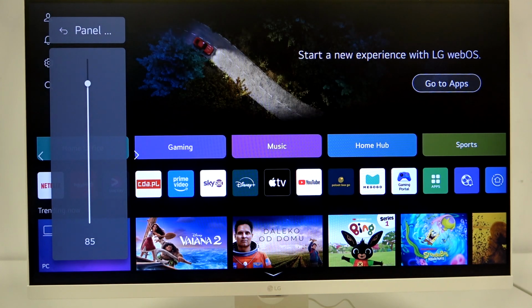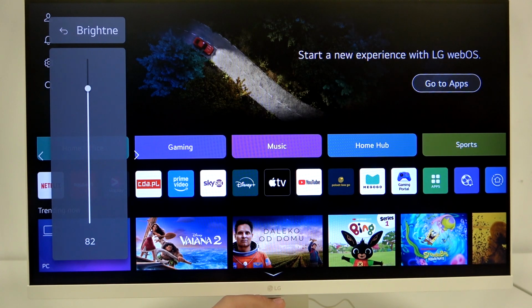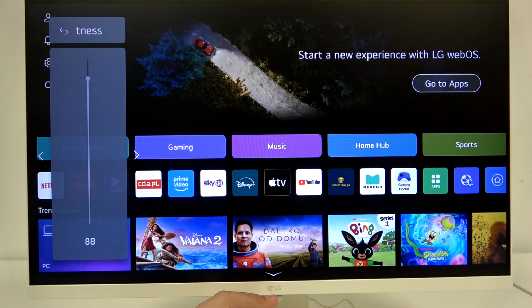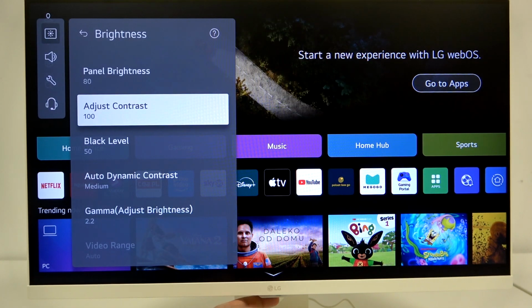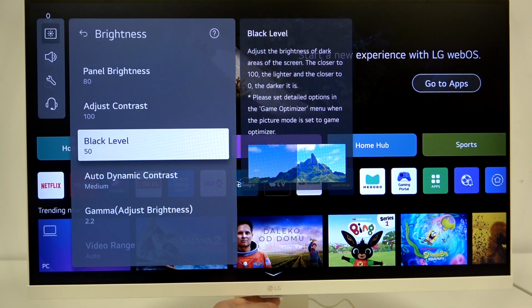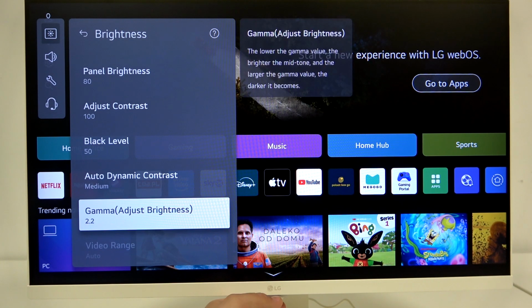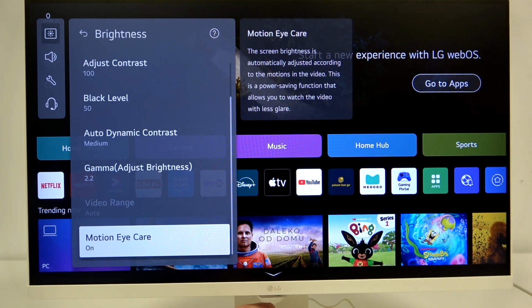The first one is panel brightness, and we can lower it by moving our button toward us or up, as you can see. So at first let's leave it like that. Apart from that we have the contrast level, black level, auto dynamic contrast, gamma, and by clicking on it we can modify these options. Motion eye care,